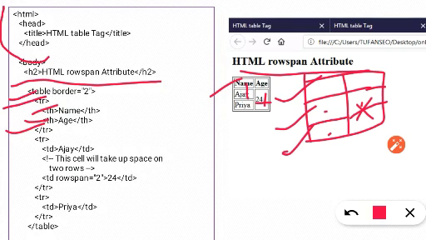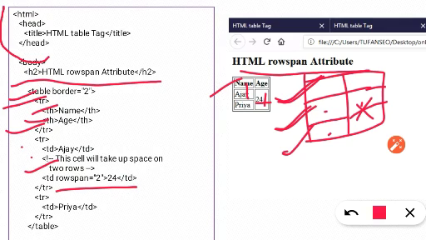Let's see how we are going to write the code. So first row, you have understood how to write the header, right? Then the second row, what will you write? You will start with tr, write td, because there is no change in td. First td, Ajay. So we'll write td Ajay. I have given you a comment. Just see. The cell will take up space on 2 rows. So for that, what you will do? TD rowspan is equal to 2, and then this is the important line, then 24, then close TD, and